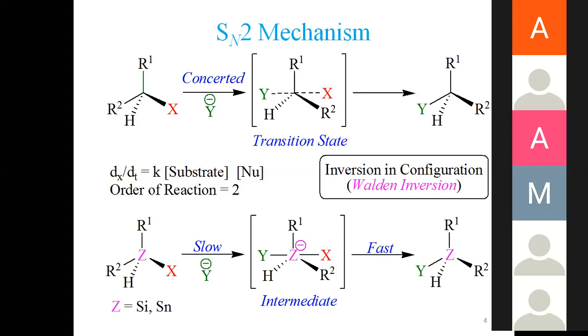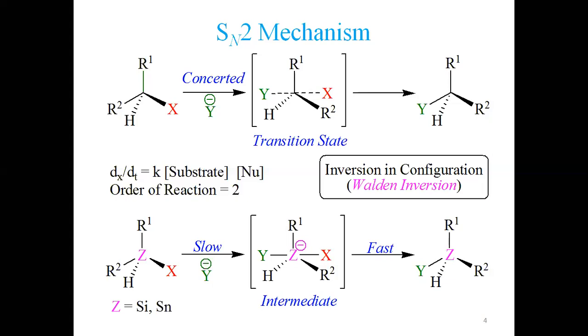So it is first order with respect to both, which indicates that both of them are involved in the rate determining step. And the reaction presents that SN2 reactions are concerted. So it completes in a single step. It doesn't involve the generation of an intermediate. It involves the formation of a transition state. Whenever any reaction completes in a single step, it is said to follow a concerted mechanism. So it always involves the formation of a transition state.